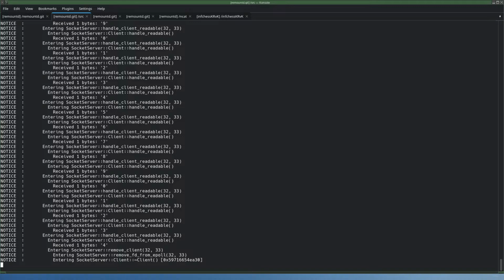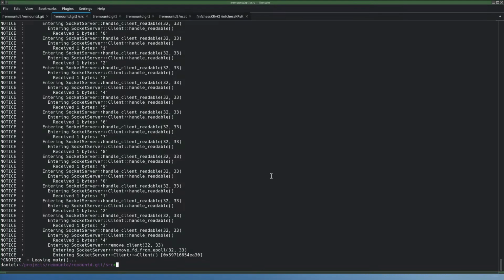What is next? To implement the protocol, I think.